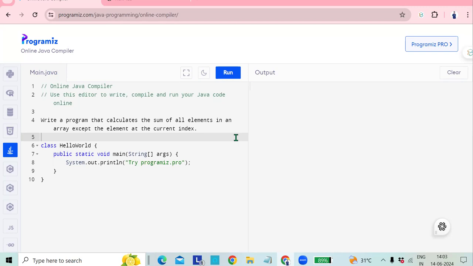So today in this class, we'll discuss another Java problem. I have written the Java problem, so let's read the problem statement. The problem is: write a program that calculates the sum of all elements in an array except the element at the current index. What you have to do is print the sum of all the elements in an array except the element at the current index, which means,